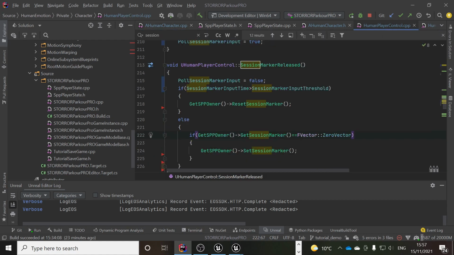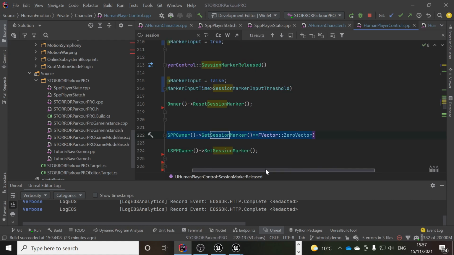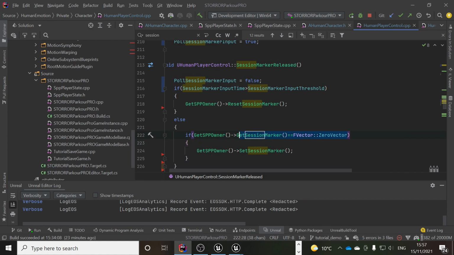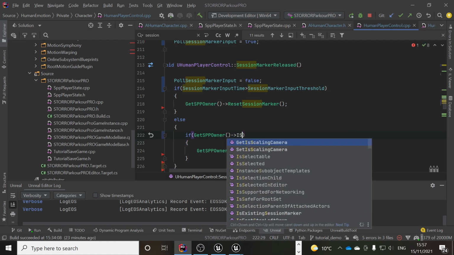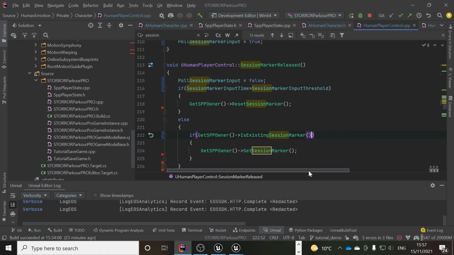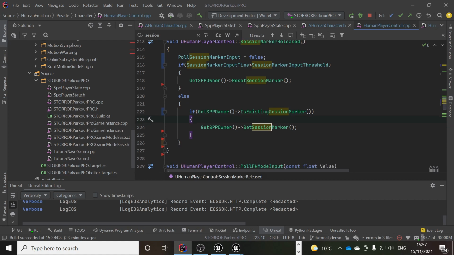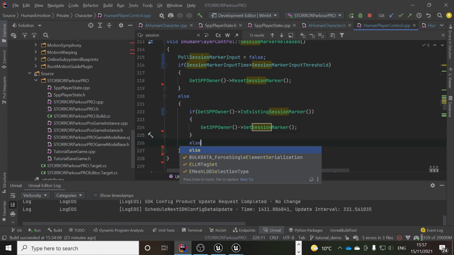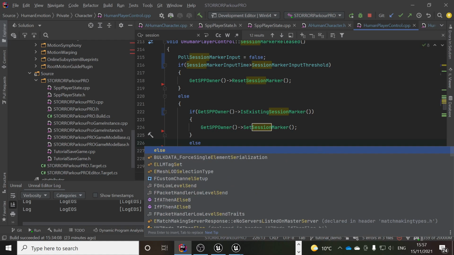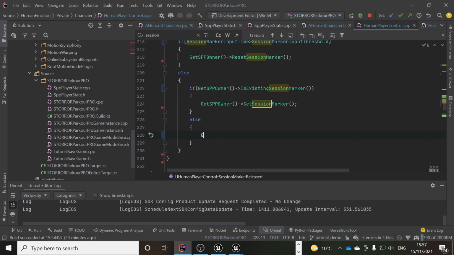Now in here, rather than have this function here, we'll just do this. I know it looks like it's more work, but it's better structured. So now we just have a check to see if there's an existing one, and the logic for checking that is all still held within the character, which is correct. If there is an existing session marker, we set the session marker. If there isn't one, get a